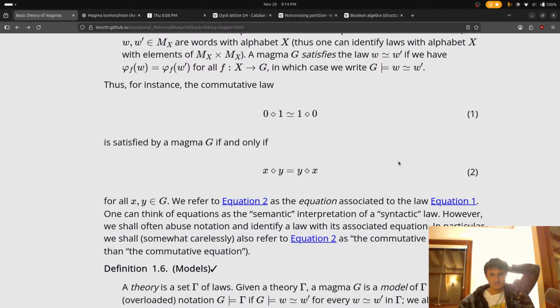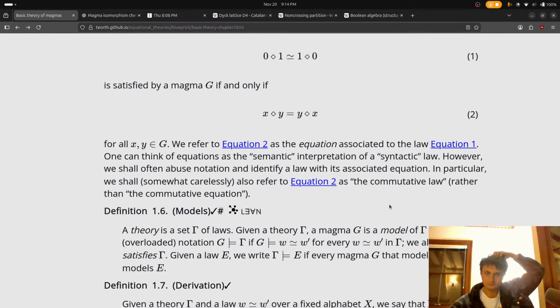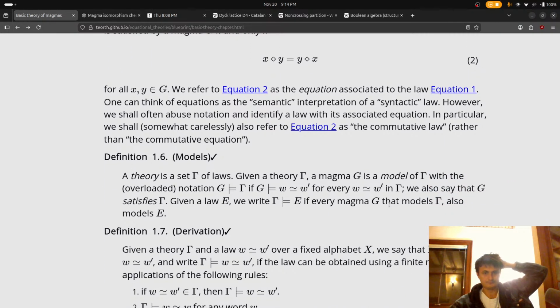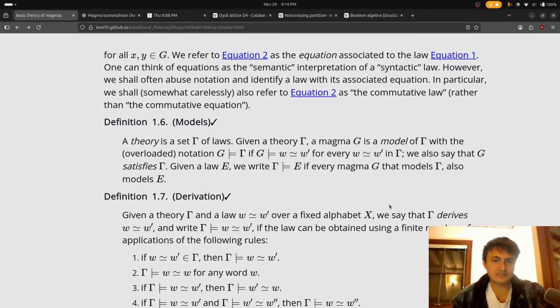Two is the equation. All right, this is where last time I kind of really lost the plot.